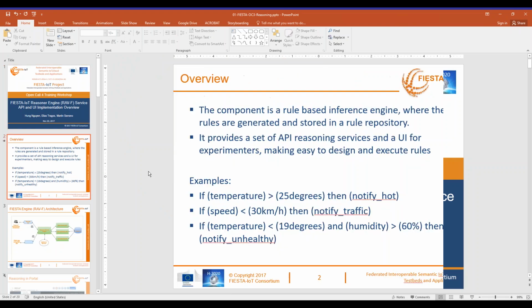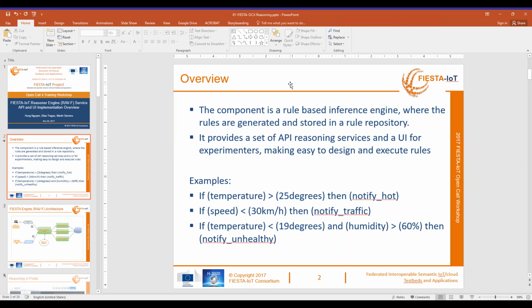So, with respect to reasoning, what we have created is basically a component that is a rule-based engine, and you are able to create rules in the form of if-then-else. So you can use it basically to create simple rules, as you can see in this web page in the example. If the temperature of one sensor is greater than 25 degrees, then you can notify that it is hot